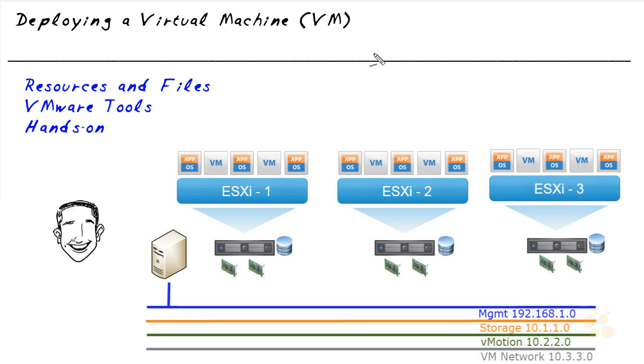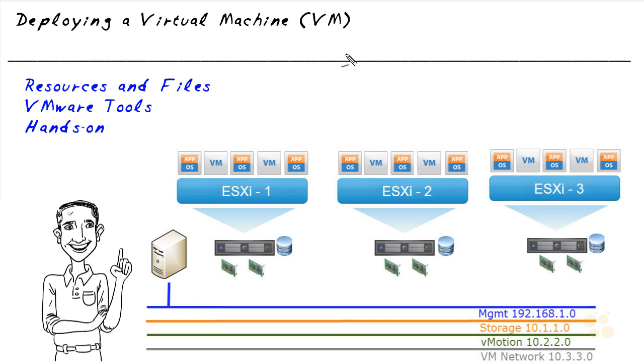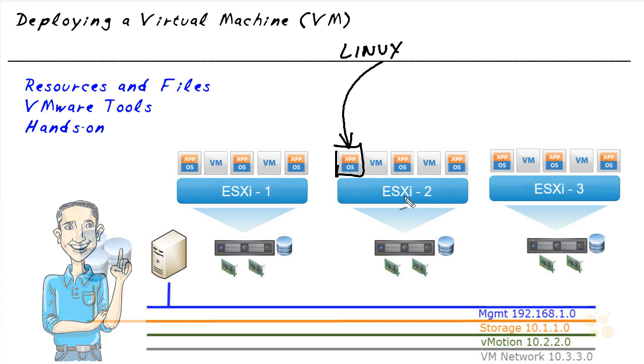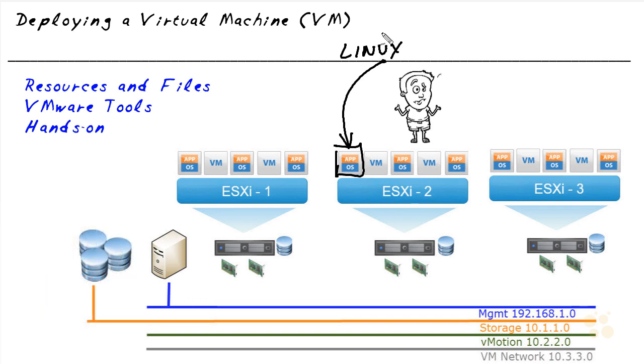In our deployment of a virtual machine, let's go ahead and put a plan in place. Let's use a Linux-based guest operating system, and let's add the VM as a virtual machine running on ESXi2. And let's think about if we had a physical computer and we wanted to get Linux running on it, what